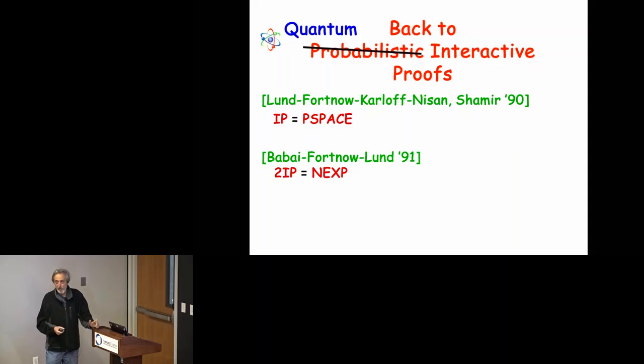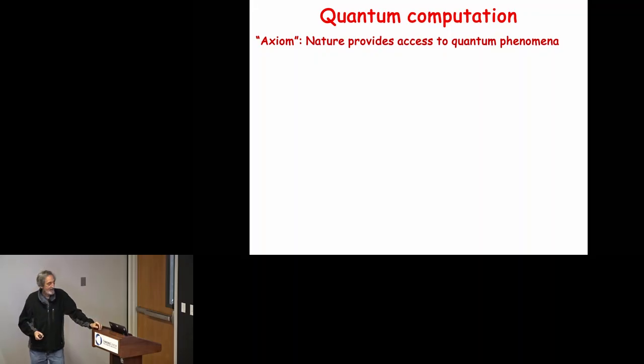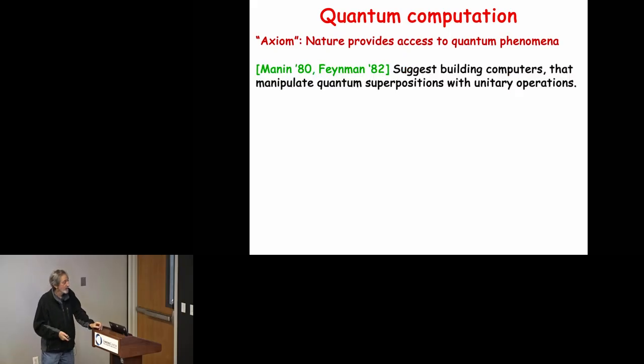So again, I need to give you a one-page introduction to quantum computing, like I did with probabilistic computing. Again, I assume many of you have seen it, but anyway, I'll go through some basics. The way it happened, that quantum computing came to the fore, is that quantum mechanics seems to govern our world. And why not use quantum phenomena in algorithms? Like, why not use randomness in algorithms? This was suggested independently by Feynman and by Manin. They suggested that we integrate it into algorithms.